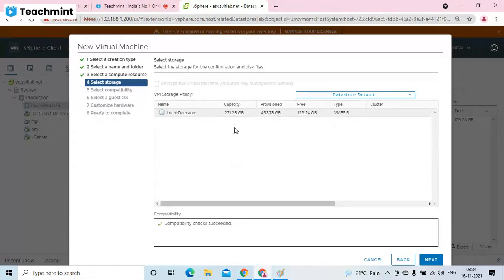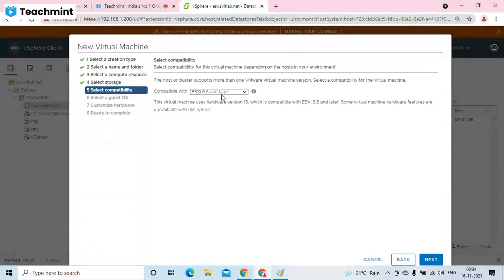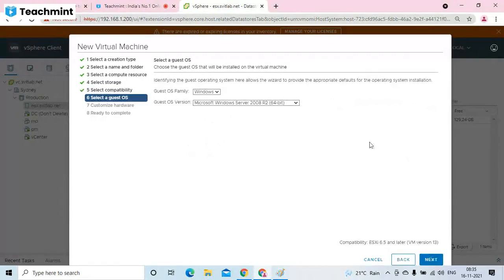If there are many storage partitions, select whichever you have more free space. Okay. Here we have only one storage partition. We'll see how to get more storage partitions here later during storage topic. So select that partition. Which compatibility? I want 6.5 or later compatibility. So if you want to select VM that should be running on older compatible version also, you can select. So always select when you are creating a fresh VM, select latest available compatibility.